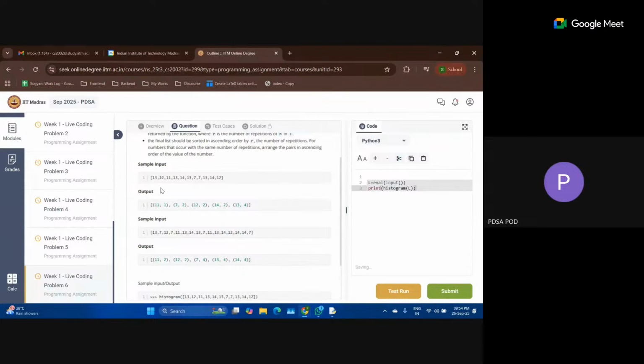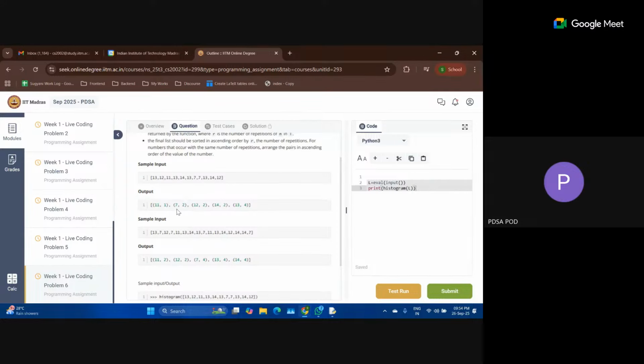For example, 11 is occurring once, so I have this tuple: 11 is the first element of the tuple, and the second element is 1, which means that 11 occurs once in this list.